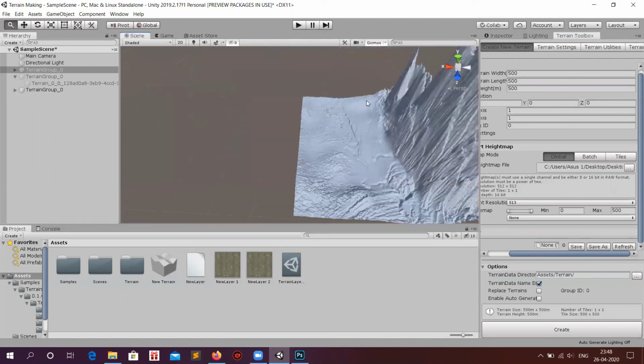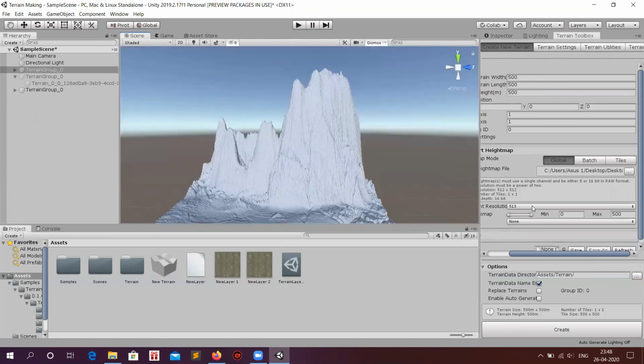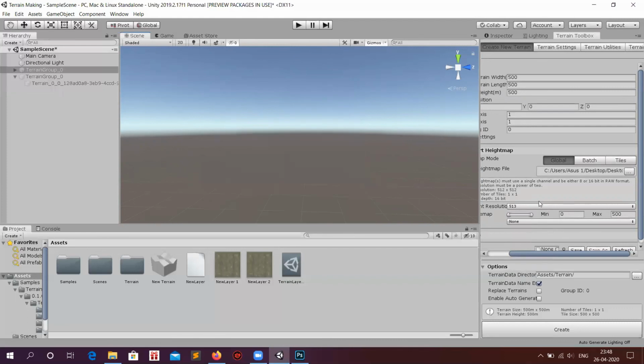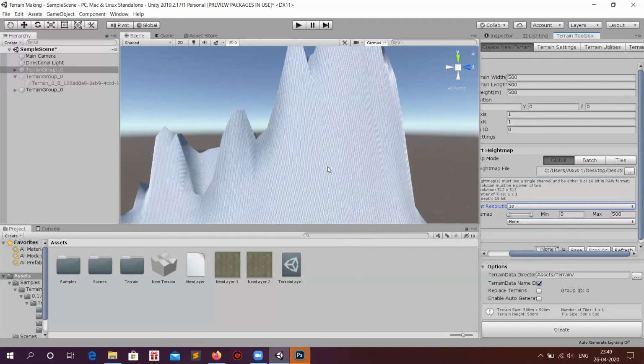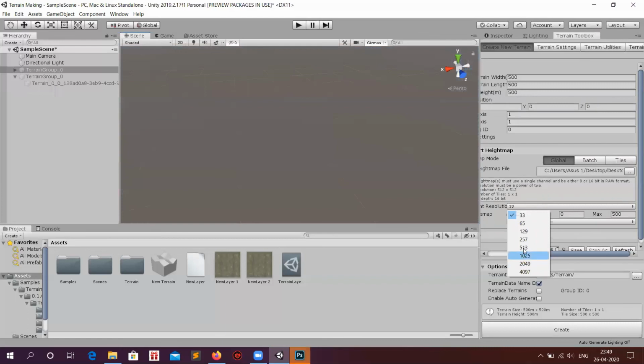See, I haven't touched the settings that are by default used for creating this height map right now. But yeah, if you want to play with them, these are the settings. You will need to select a number over here. This number depicts how much detailing there must be in your height map. That needs to be plotted over here. So right now this map is pretty detailed. If you select 33 for example over here and click create, it's very softened, right?